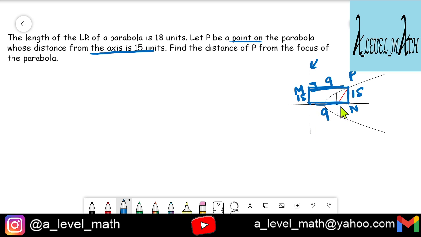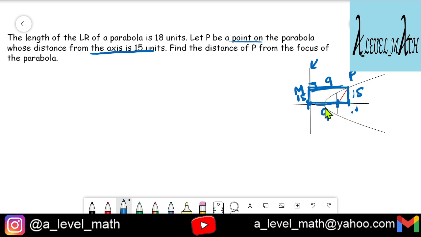Now all we need to do is just try to figure out what is this distance from S to N. If we can figure out this distance, then from the right angle triangle I can figure out what will be the length of this red part. So all my problem is to figure out the distance of the focus from this point. Okay, so we know that from here to here it is 9 units, and from here to here it is